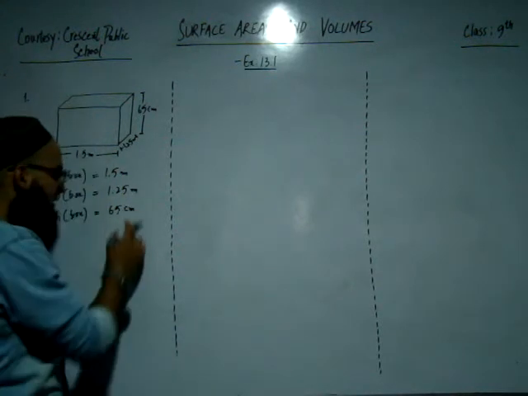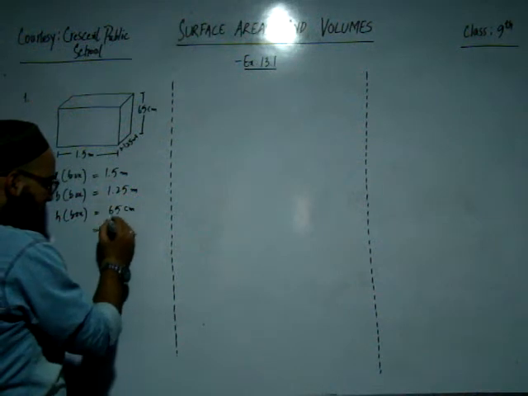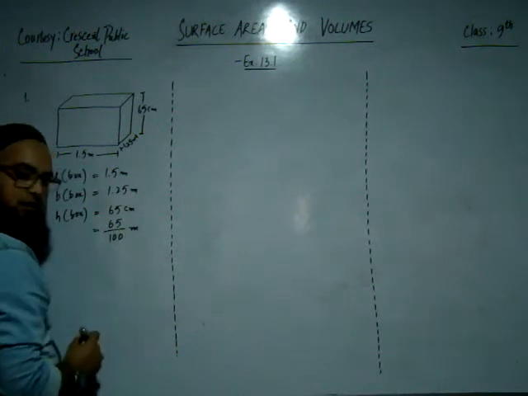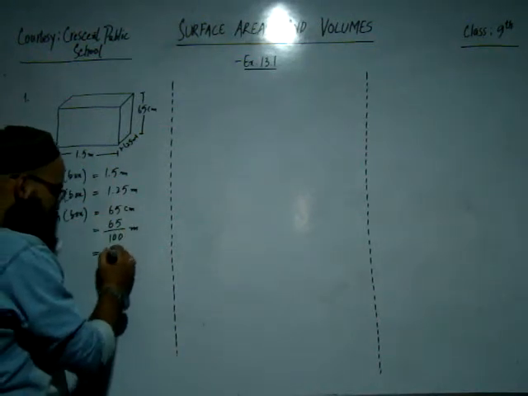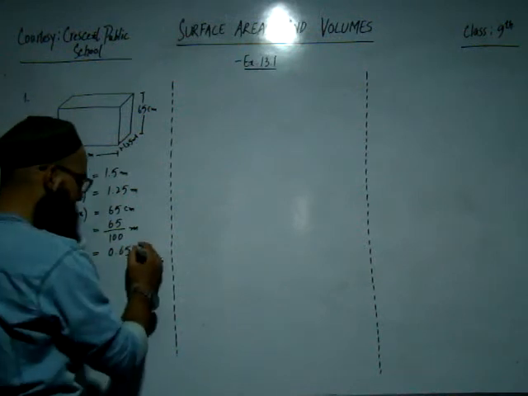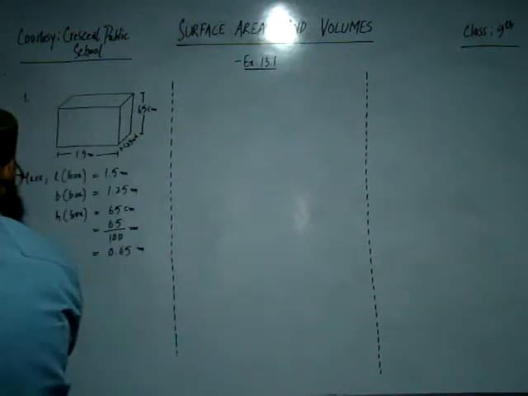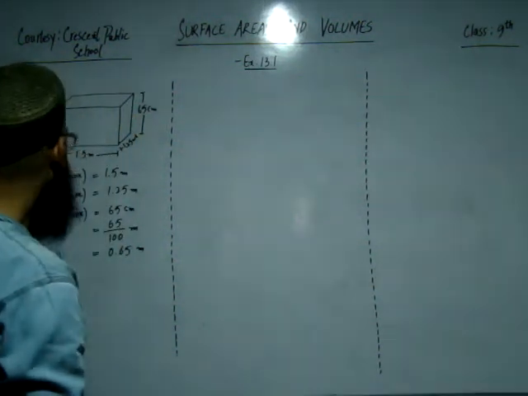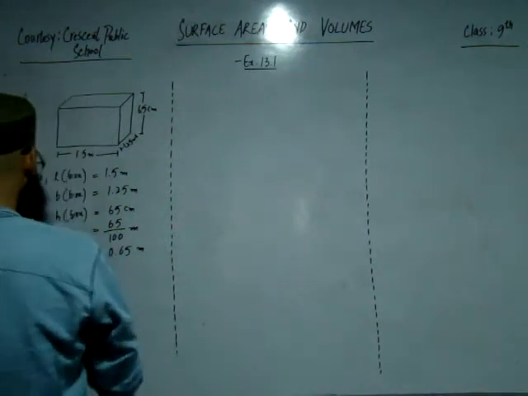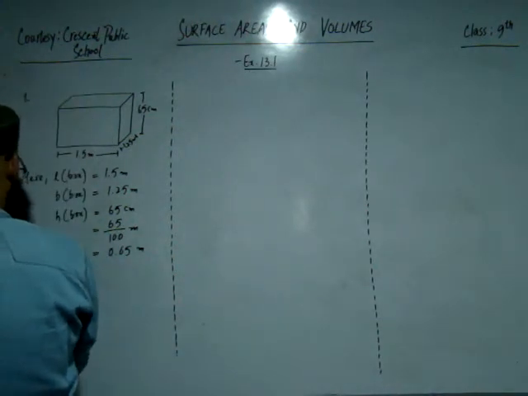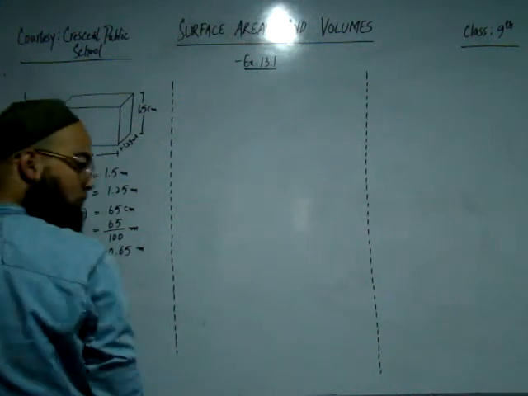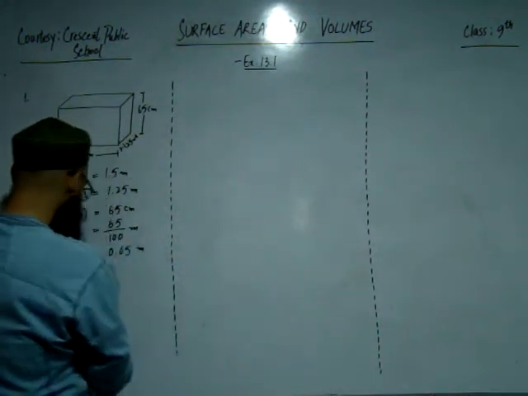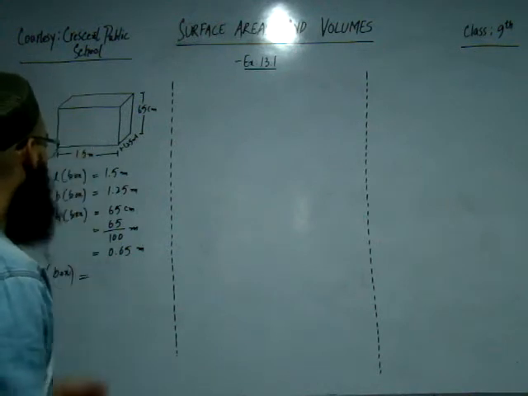Now I'll convert centimeter into meters. So that is 65 divided by 100. On dividing by 100, I converted the centimeter into meter. So that is 0.65 meter. Therefore surface area of the box. Now what we do here, we'll find the surface area of this very box. Therefore total surface area of box is equal to